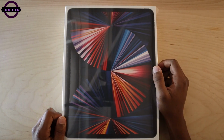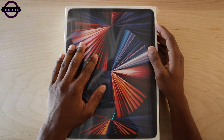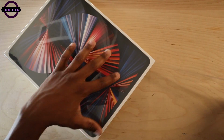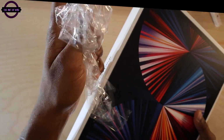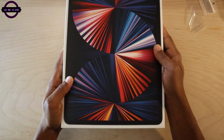All right, guys, we're going to unbox the iPad. This is the 2021 12.9-inch iPad Pro. This one in particular comes with all of the basic stuff. So, anyway. One thing I do love about Apple stuff, very simple unboxing. ASMR, yes, enjoyed it. Anyway, keep that over here, and